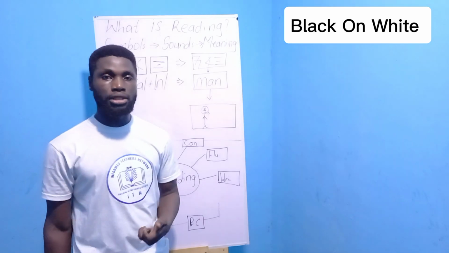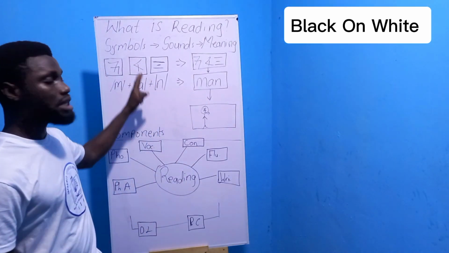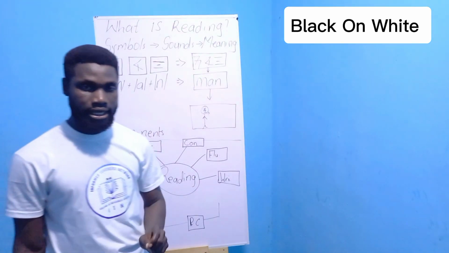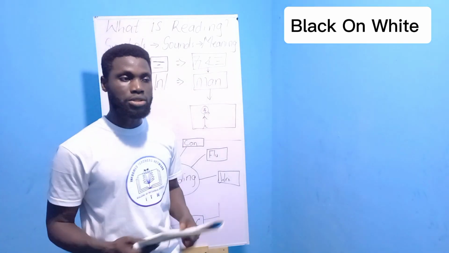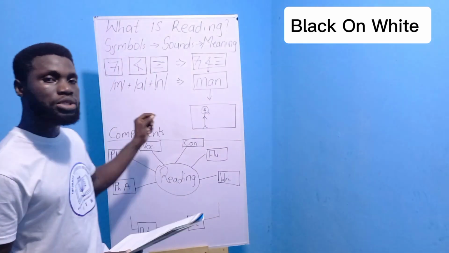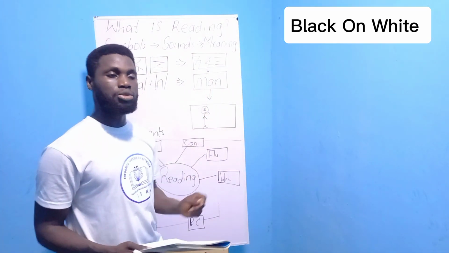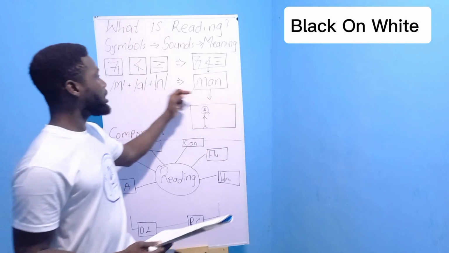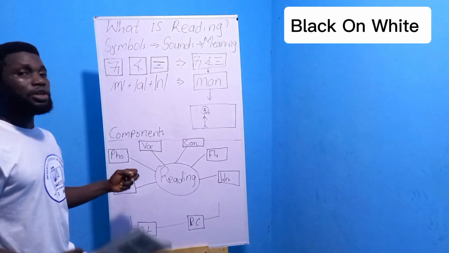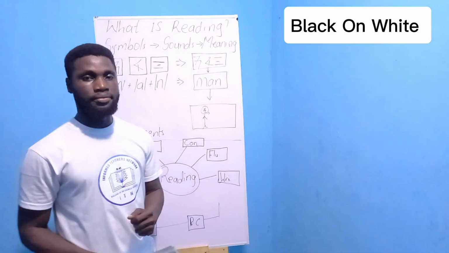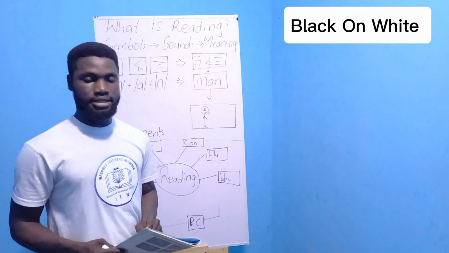Phonics is a very important component of reading. That is the ability to associate sounds with letters or those symbols used to represent the letters, and use them, blend them to read words. Ability to associate sounds with symbols and blend them to form words or read words. That's phonics. Then you move to vocabulary, the ability to make meaning from words that you see